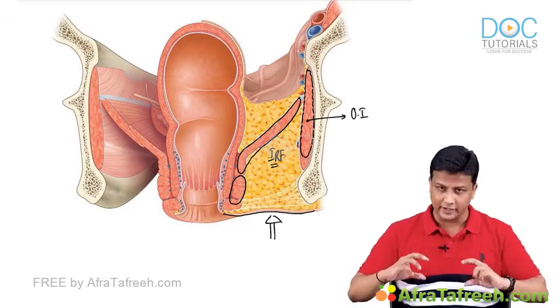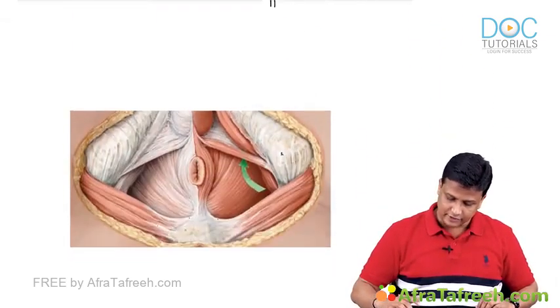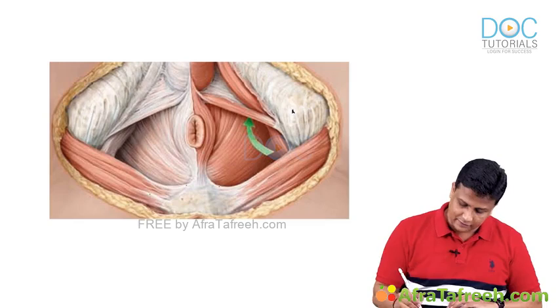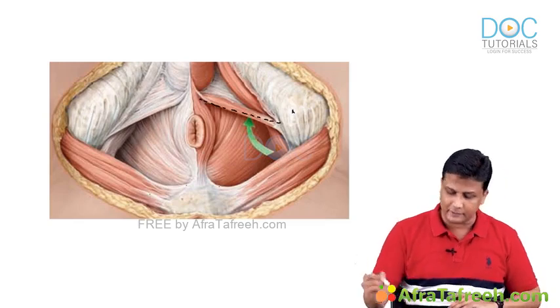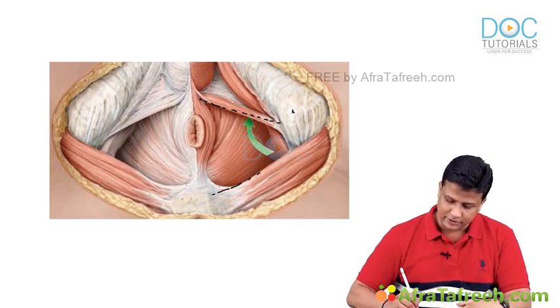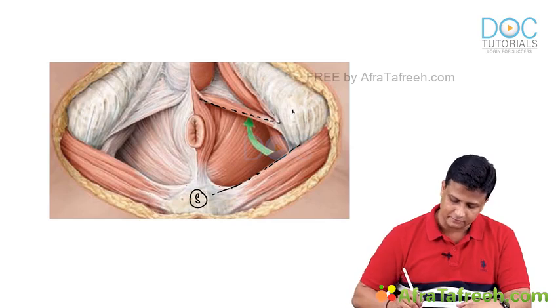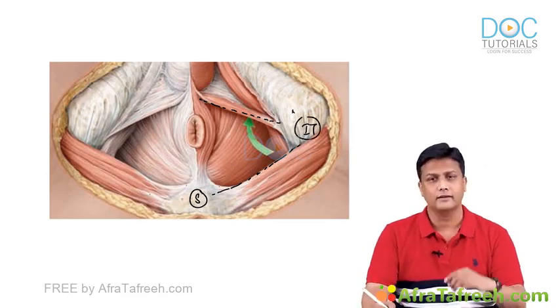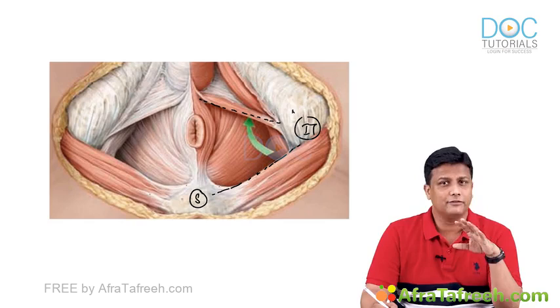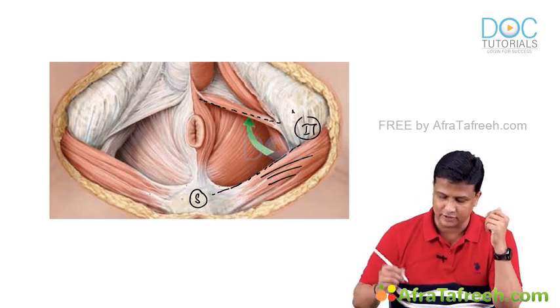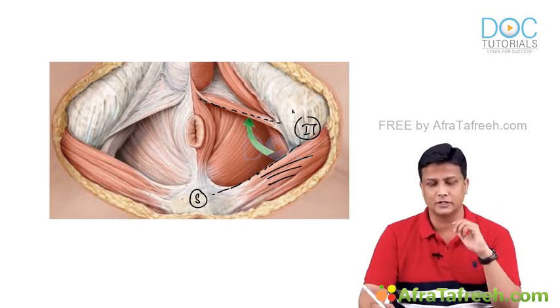Now keeping this concept in mind, let's turn this diagram and have a view from below, that is the inferior view. So what is that hand above here? That is the anterior boundary, and we can clearly appreciate that this anterior boundary is formed by a membrane, and that is the perineal membrane. And what about the posterior boundary? The posterior boundary is actually formed by a ligament between the sacrum and ischial tuberosity, the sacrotuberous ligament, and that ligament itself is one of the important structures from where many fibers of gluteus maximus muscle originate. So you can see the gluteus maximus muscle originating from here, and that is going to form the posterior boundary of ischiorectal fossa. So let us just write down here